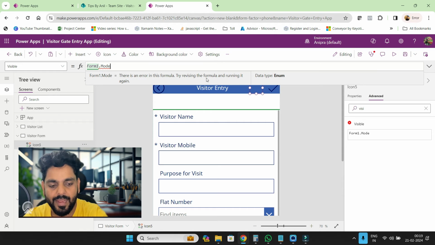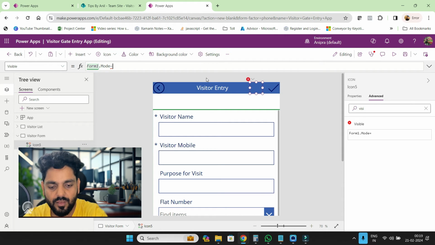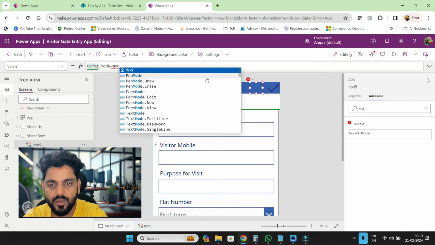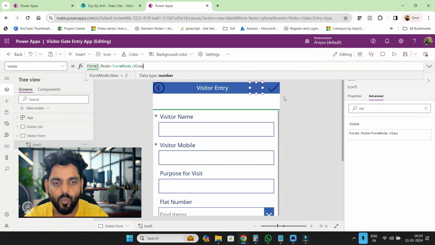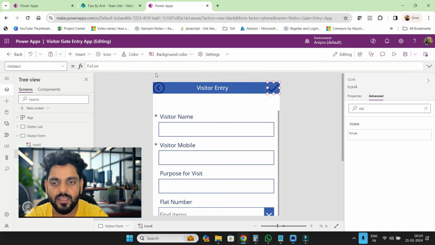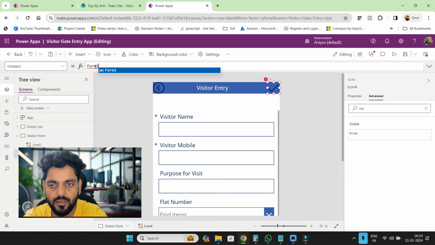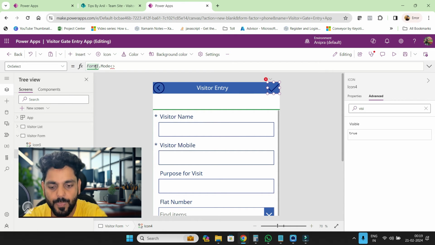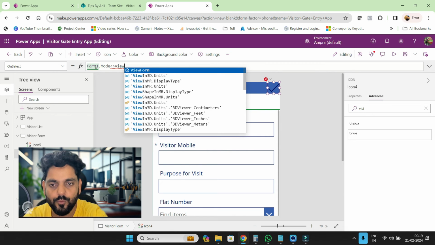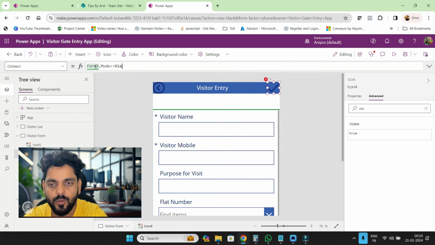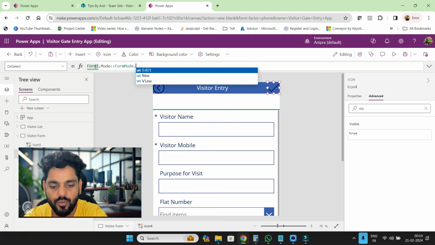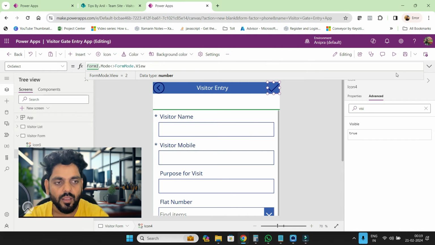If form mode equals form mode dot view, only in that case I want to show this button. Form1 dot mode is not equals to form mode dot view. Okay, so this is done,